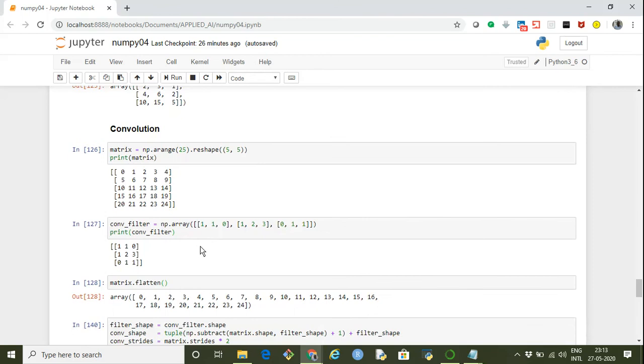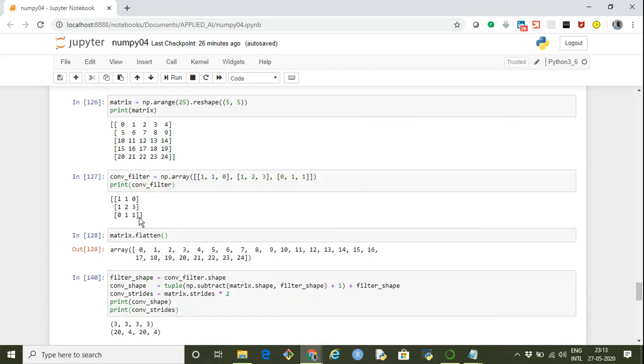There is another term called convolution. What it means is, let's say there is a bigger array of size 5 by 5, that is, it has 5 rows and 5 columns, and we have a smaller array of size 3 by 3. What we want is to create sub-matrices from this bigger matrix of the same size, 3 by 3. That is, we create one matrix of 0 1 2 5 6 7 10 11 12, and similarly another matrix 1 2 3 6 7 8 11 12 13.